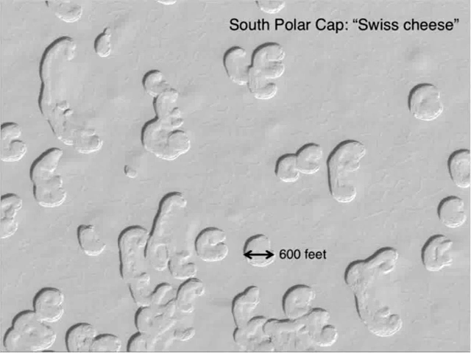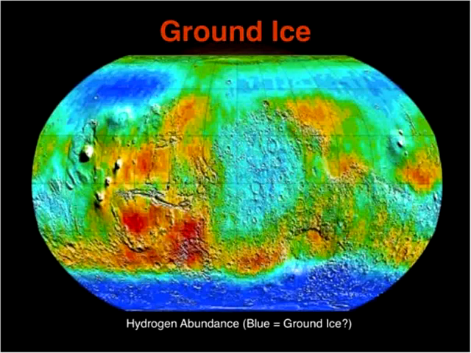And we think that what's happening here is that it's some combination of collapse of the CO2 as it sublimates, as it evaporates essentially into the atmosphere, and it creates these collapse pits that show that Mars is probably going through climate change right now. These pits are forming today and they're expanding today. We can see that happening when we take pictures from one season to the next. And so this is an indication that these polar caps are in a state of change. So Mars climate is changing.